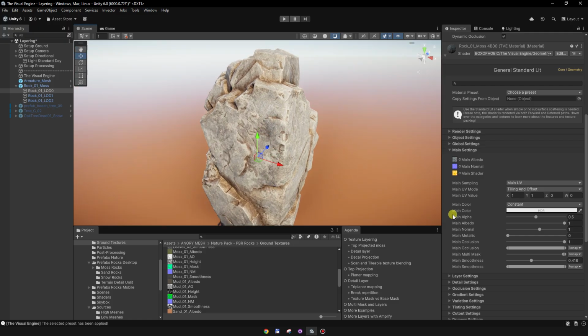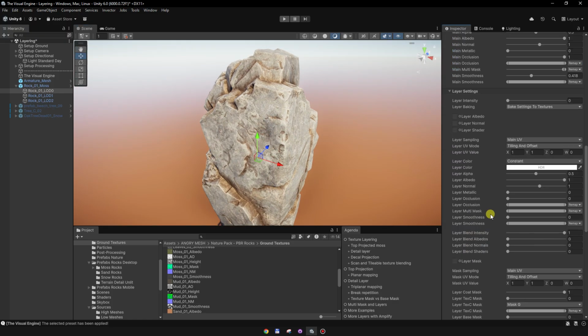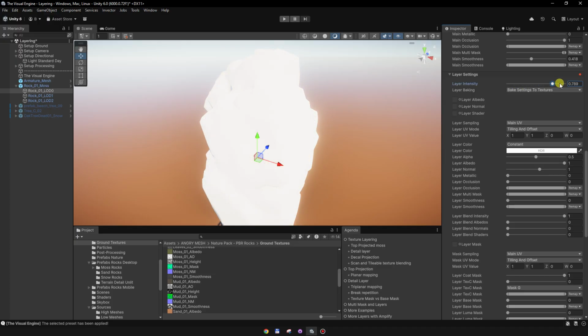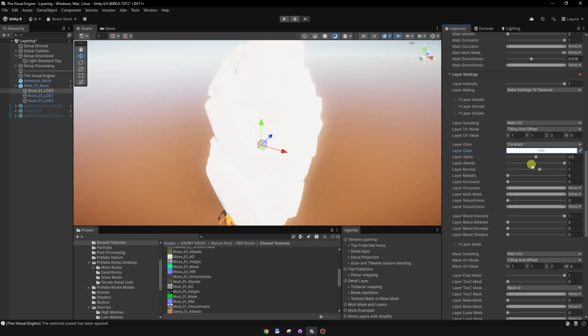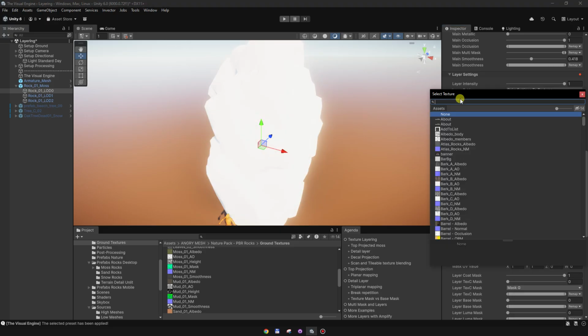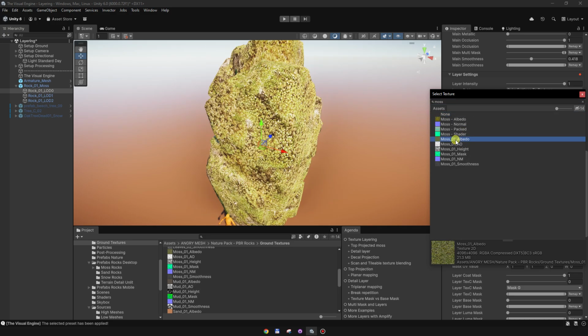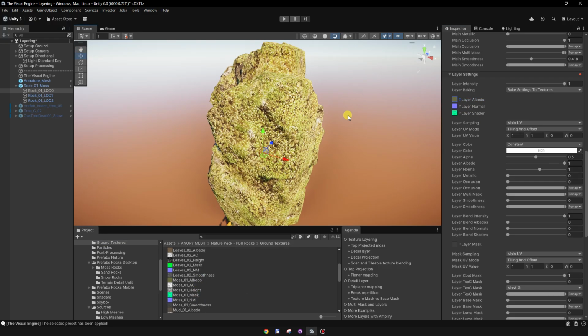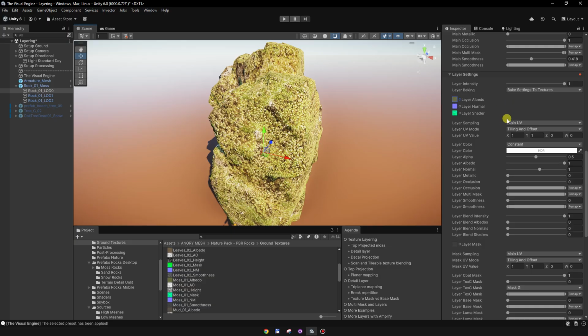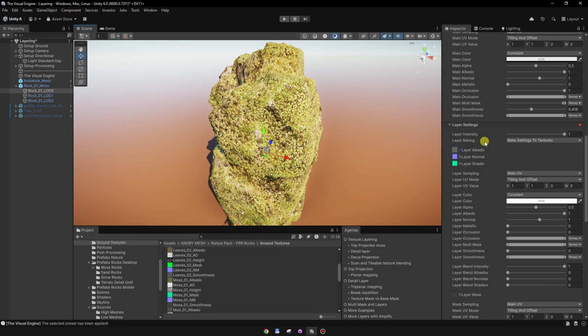moss on top. Okay, so I have these layer settings. I will simply enable it. Everything is white because this layer is white, and what I want to do is to add the moss. So I will add the moss. I will add the textures. Okay, and for this moss I'm using these layer settings, but